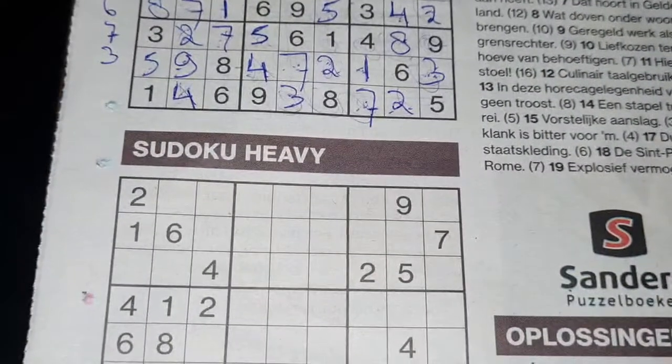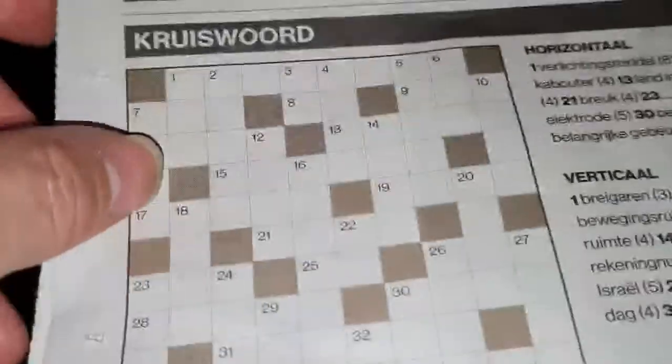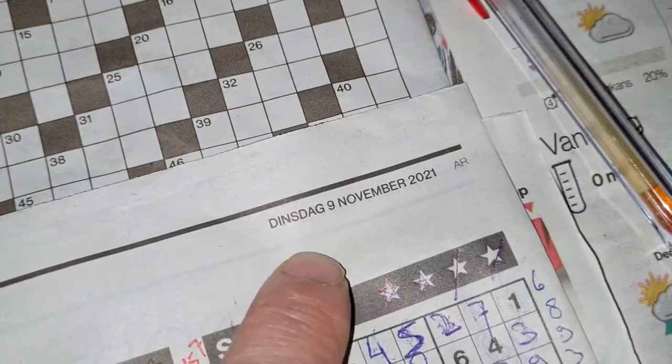It is a daily newspaper. We have no additional, so I have decided to solve the additional of Tuesday later on. Yeah, November the 9th. But first we will solve this